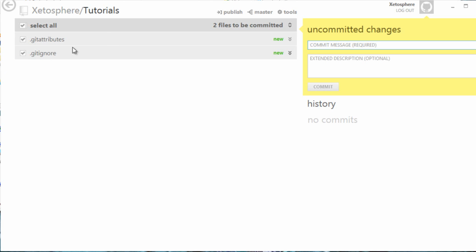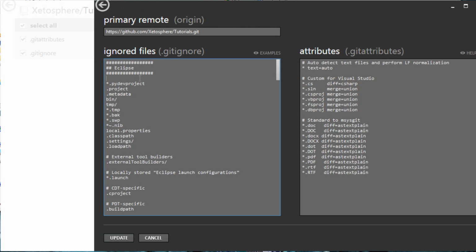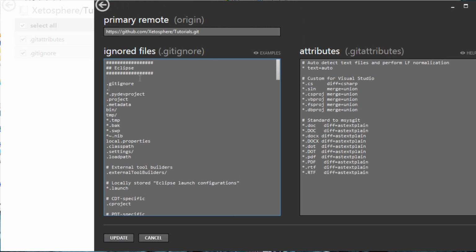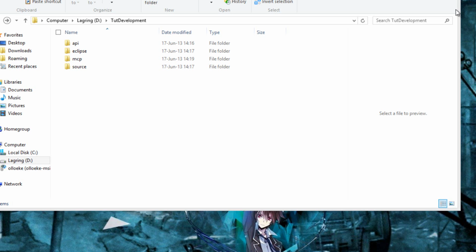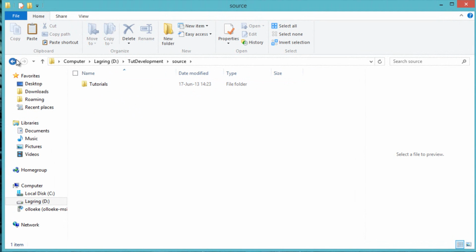Now I don't want it to have these, so I just go to Tools, Settings, and add .gitignore and .gitattributes. Click update, and it won't commit these. So yeah, now we should have a folder here called tutorials, and we have everything set up so we can